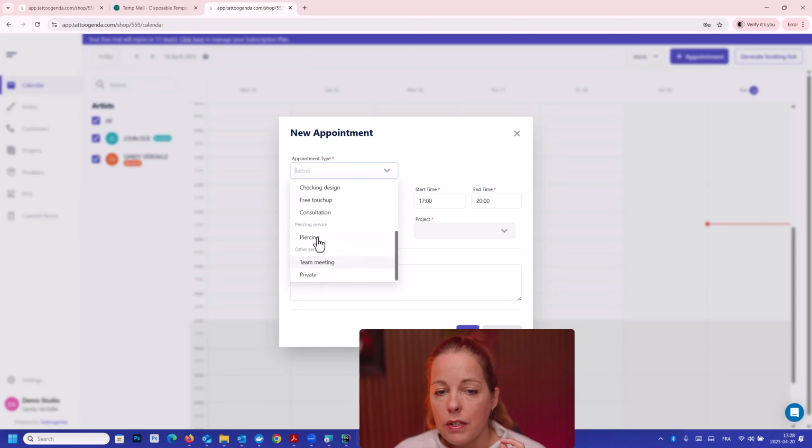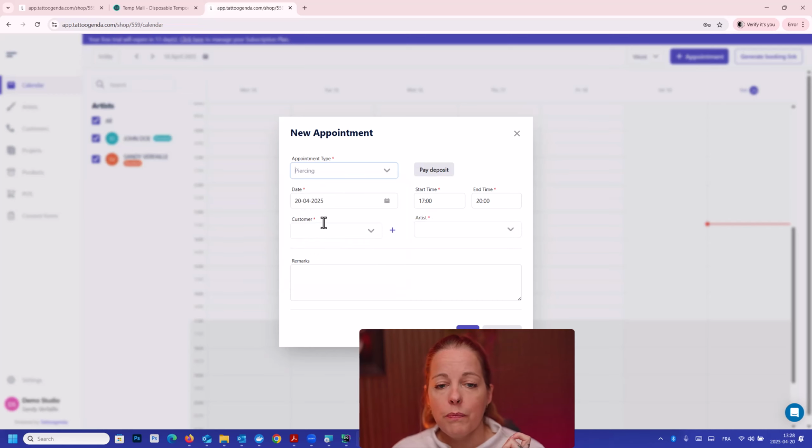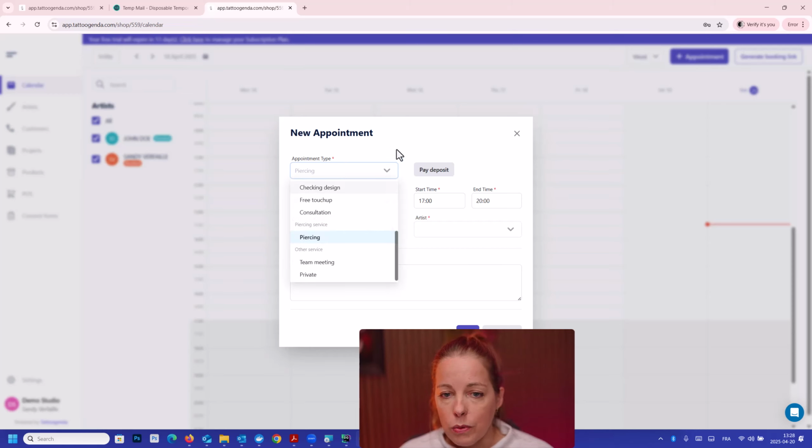If you select a piercing service, then you only need a customer and an artist, not a project, because a piercing is always done in just one session, maybe 2 sessions, but no need for a project level on top of that. So everything under piercing service will only ask you for customer and artist.